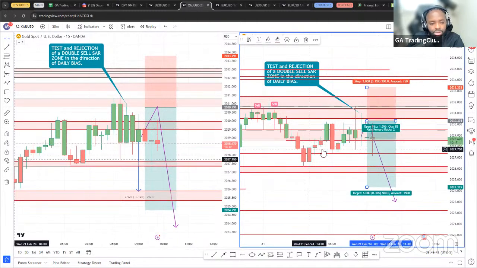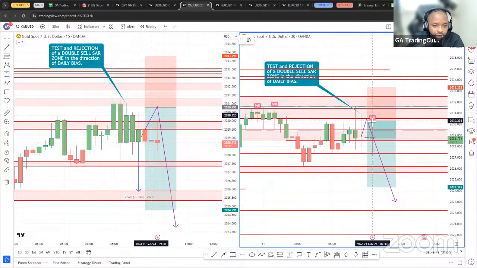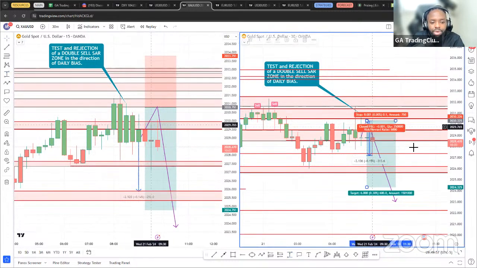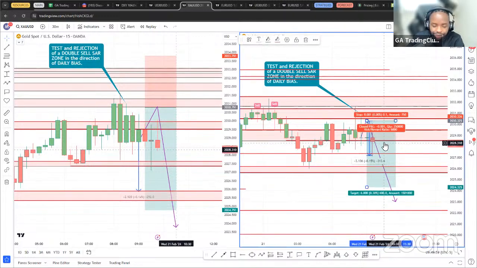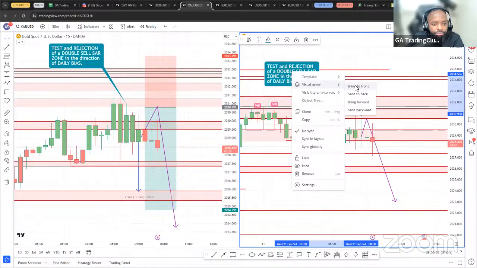So yeah, I'm not gonna chase this particular trade because, actually, if you had taken this trade, you would be at a 1:1 risk to reward. Yeah, so this trade would be at a 1:1 risk to reward. So this trade would already be at break even. So I'm not going to chase a trade that somebody else is already at break even at. However,